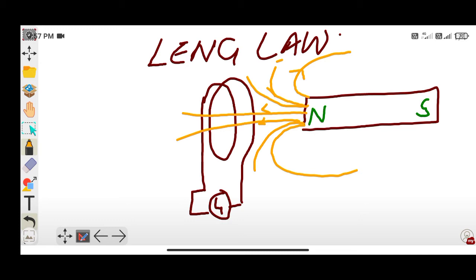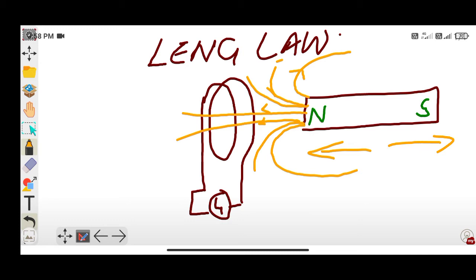Now, this law is connected with Faraday's law. Faraday's law says that when this magnet is brought towards the coil, either this way or this way, whenever you change the magnetic field towards the coil, when it's moving towards the coil, the number of lines will be increasing. So we say that flux is increasing. When the magnet is moving away, we say that flux is decreasing. And Faraday's law says that whether there is an increase in flux or a decrease in flux, in both cases EMF will be generated.